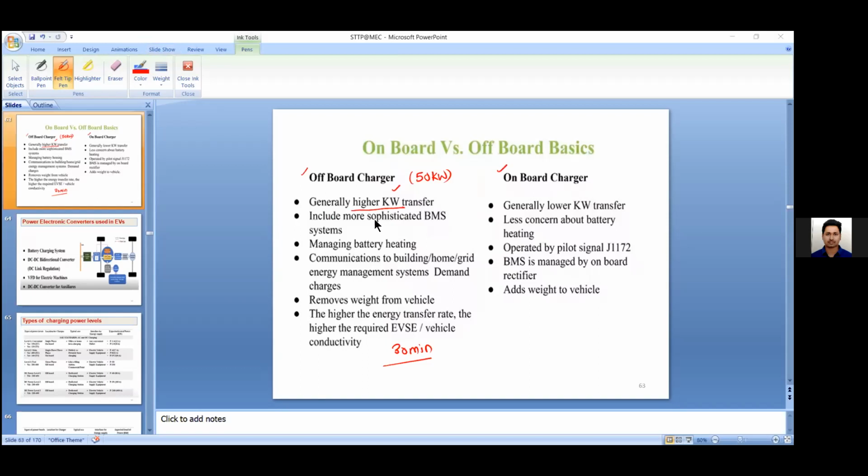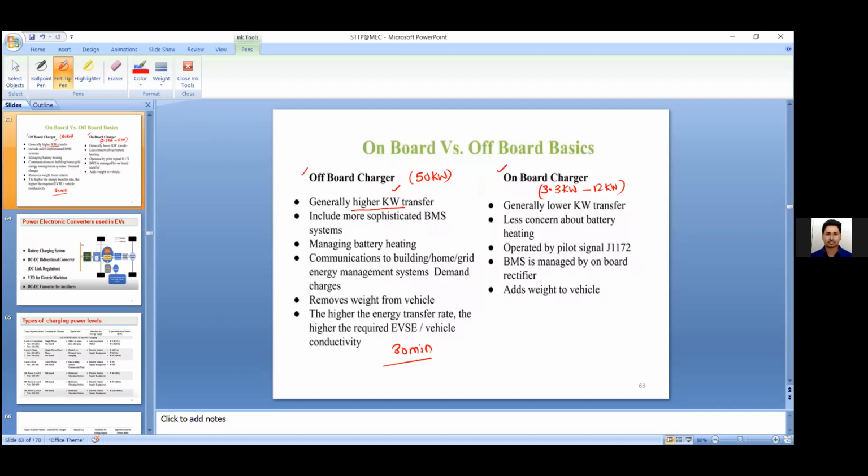Yeah. So the only difference between the offboard charger and the onboard charger is the power level. So for the onboard charger, the maximum we can utilize is from 3.3 kilowatt to a maximum range of 12 kilowatt. The onboard charger is present in the vehicle itself, so we cannot go beyond a point. If we increase the capacity or rating beyond a point, it increases the size of the vehicle, and of course, there will be some safety concerns also. Basically, it adds weight to the vehicle, which may degrade the performance.